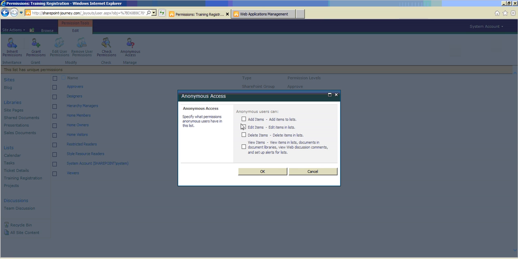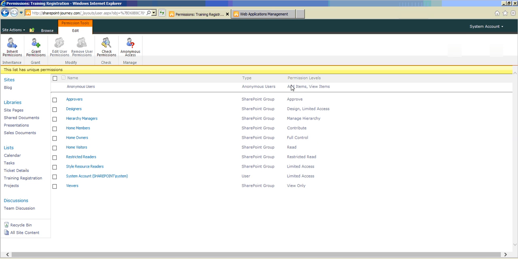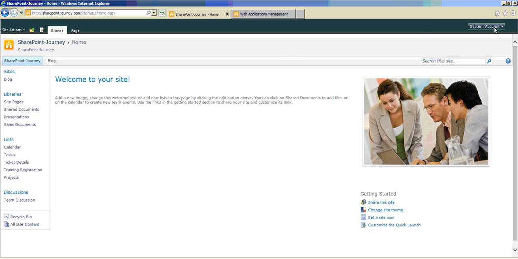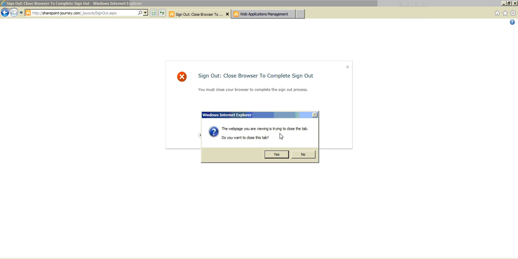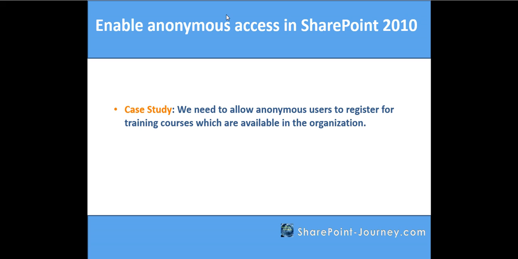Click on that. Here you have four options. Anonymous users can add items, edit items, delete items, and view the items in the list. I'm going to click on add items. If they are able to add items, they can view the items as well. Click OK, and here the permission level is add items and view items. Let's go back to the site and sign out, close the browser, close the central admin as well,